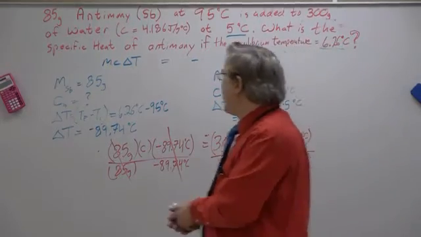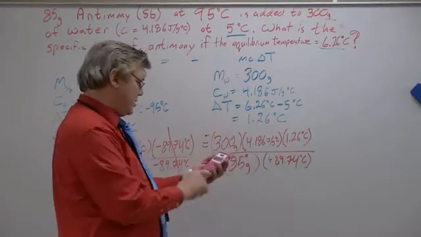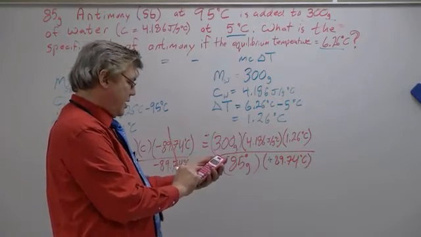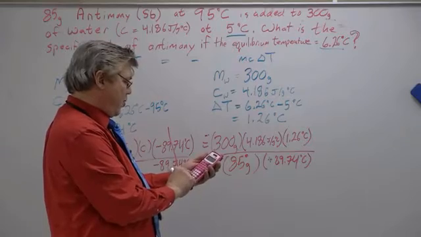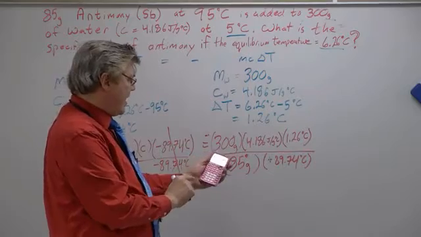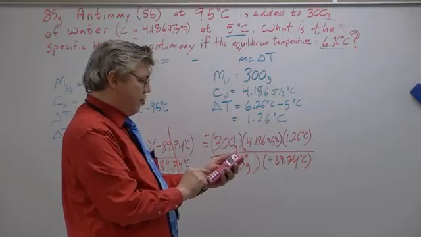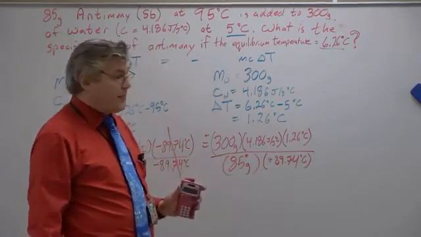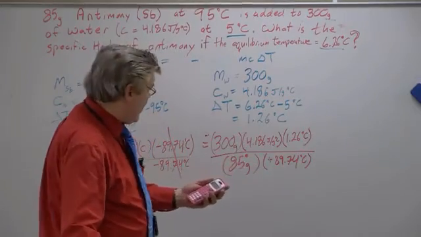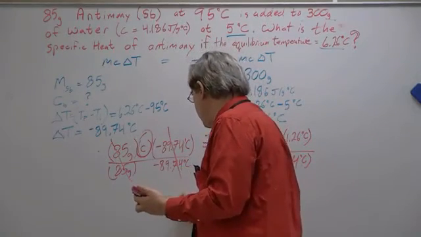So now I just pull out my calculator right here, and I'm going to plug in all of this after I clear it. 300 times 4.186 times 1.26 divided by 85 and also divided by 89.74. Remember, both of these are on the bottom, so we need to divide by both. Divide by 85 and then also divide by 89.74. And when I hit the enter button, I get my value for C. That's the only thing left. C is equal to